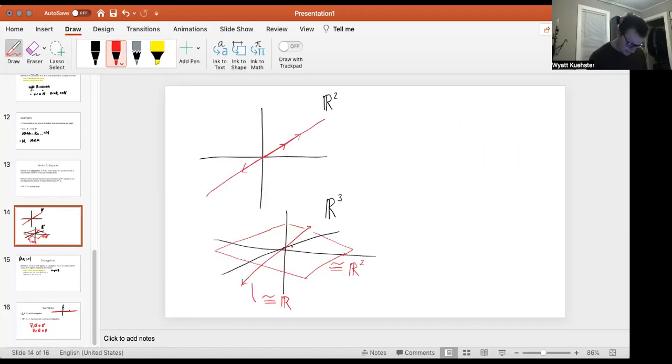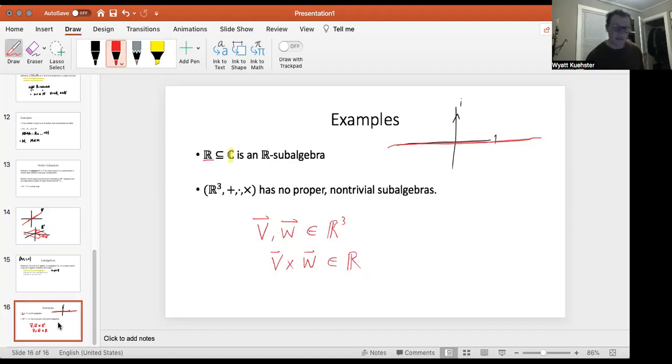So let's say that this is the plane spanned by V and W. I can add these vectors with each other and get every vector on this plane. But then if I take the cross product of these two vectors, I can get any perpendicular vector. So actually, once you have two perpendicular vectors and their cross product, you have all of R3. So any subalgebra that contains anything other than the zero vector automatically already has